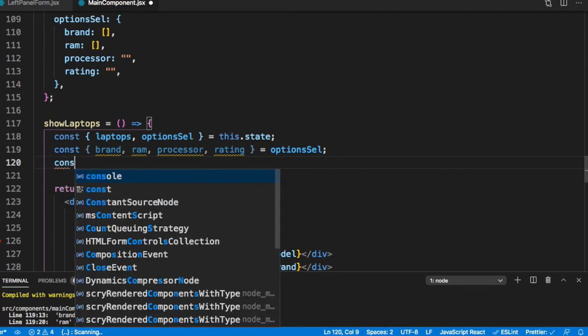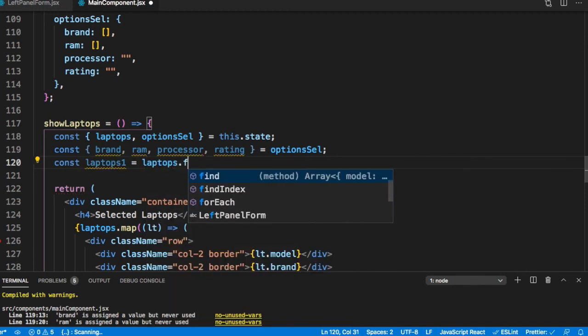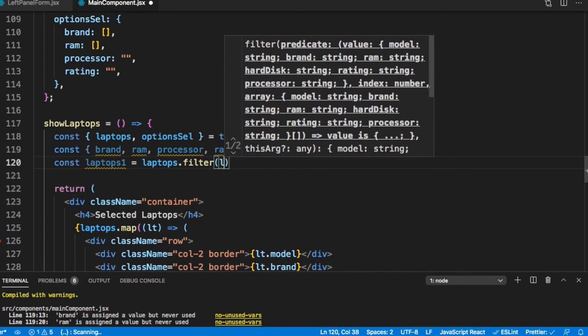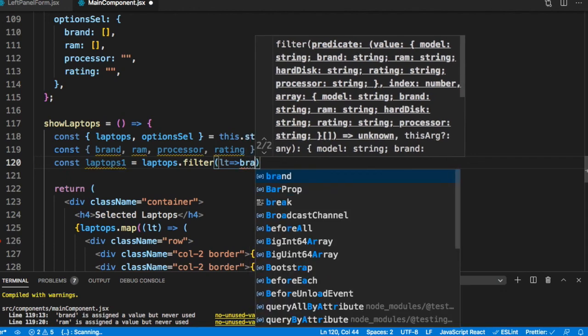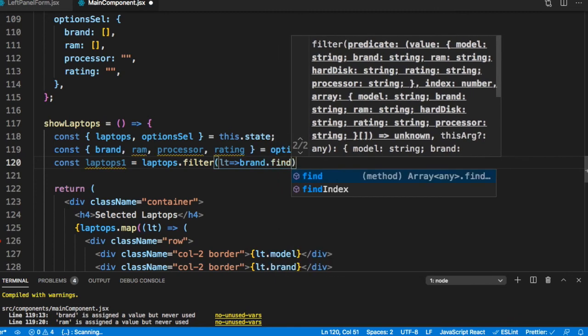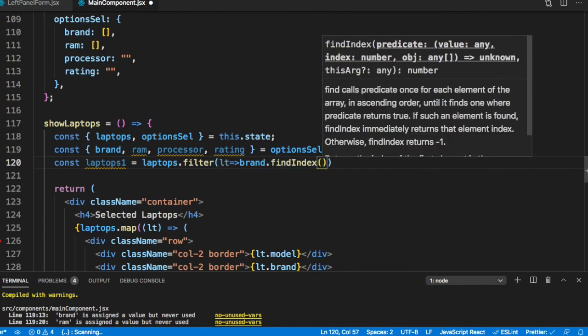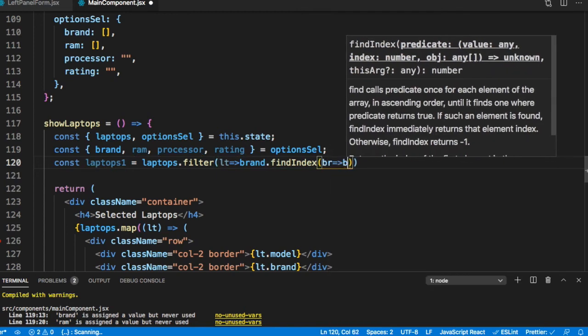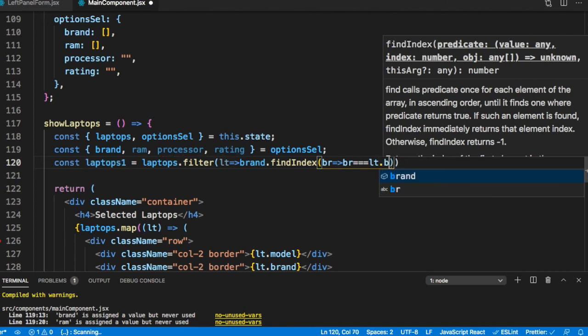I can just say const laptops1 = laptops.filter(lt => brand.findIndex(br => br === lt.brand) >= 0).